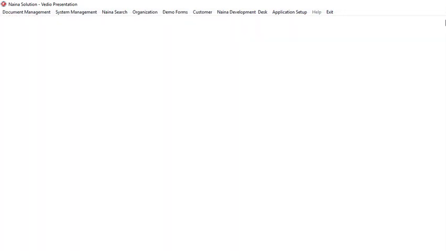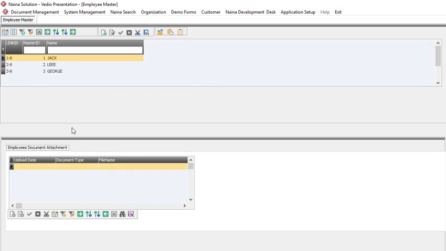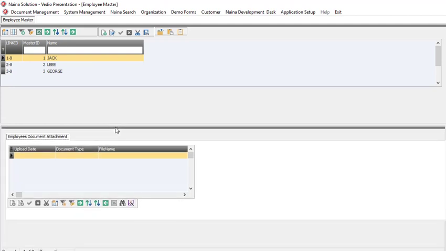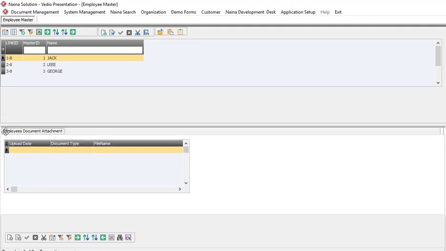Now if you load it, you can see below the tab is already designed. We just need to do some final touch up. Let's make it this one here, make it this one here,